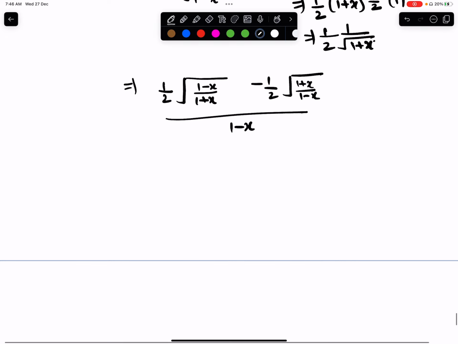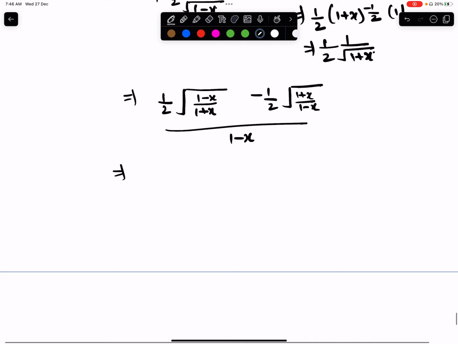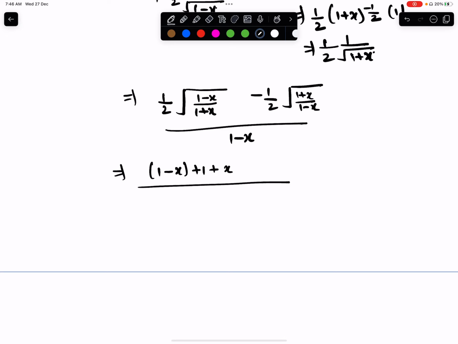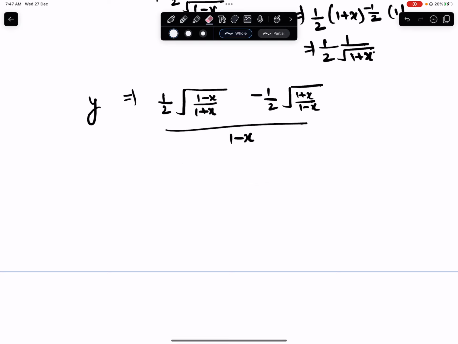divided by 1 minus x. So what will be its derivative? Its derivative will be 1 minus x plus 1 plus x divided by 2, 1 plus x raised to the power 1 by 2 minus 1. Sorry, wait. We can leave it here as the final answer,